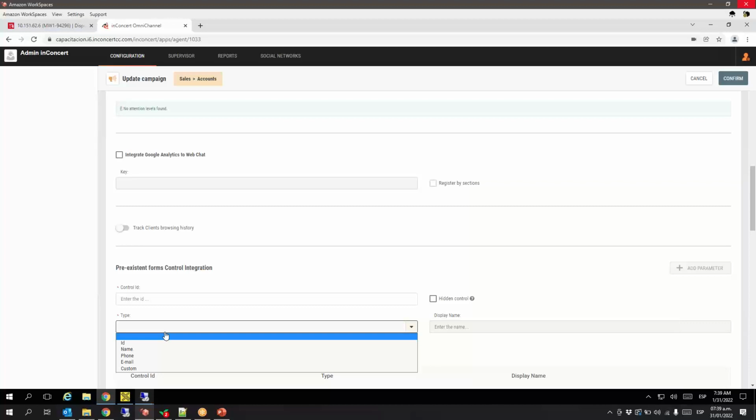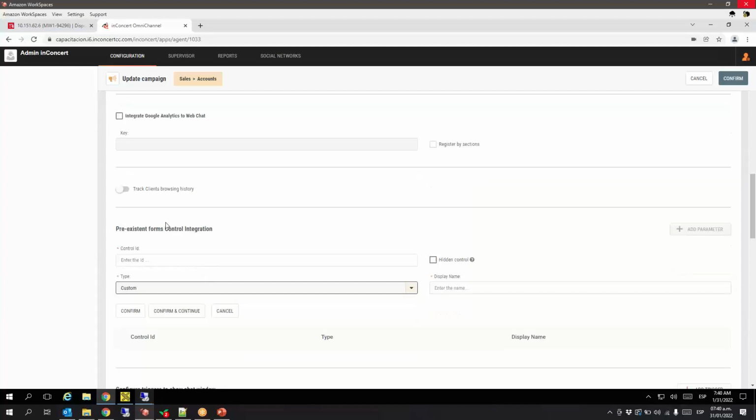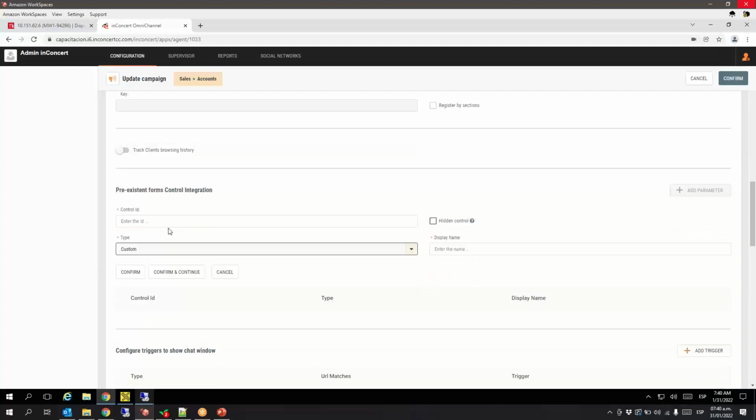So basically what this does is it's for the website to send me variables to the chat. For example, the name, the email, and any custom field that I want to read from the website, right? The website can pass to the chat any variable. Okay, so we use this for that. Okay,